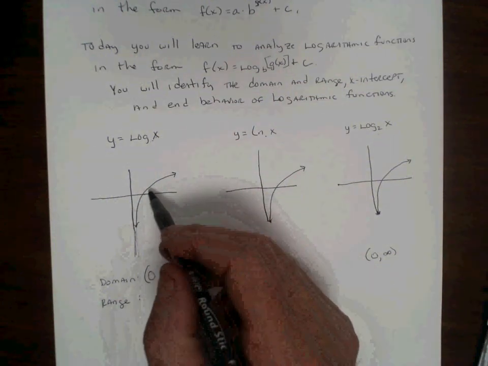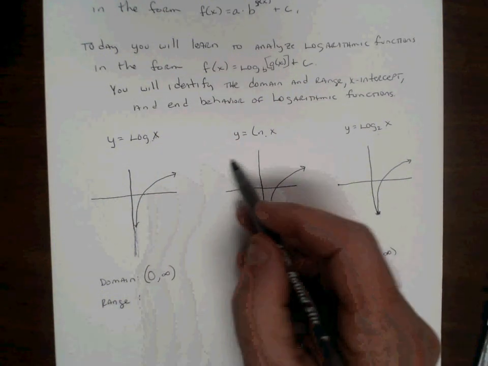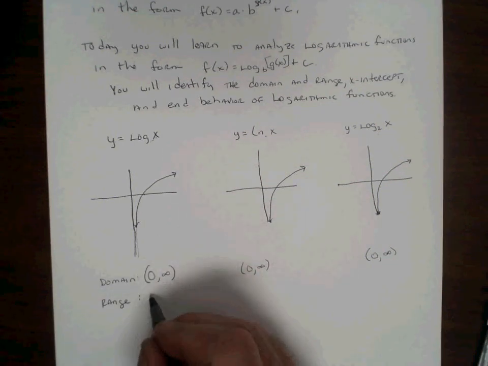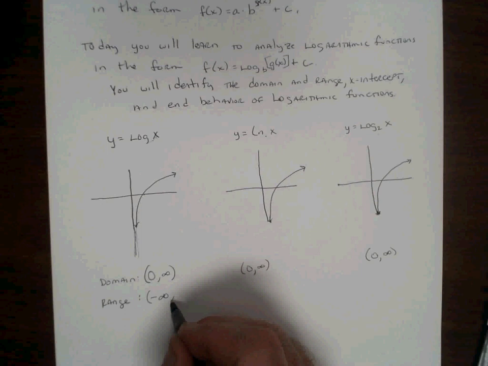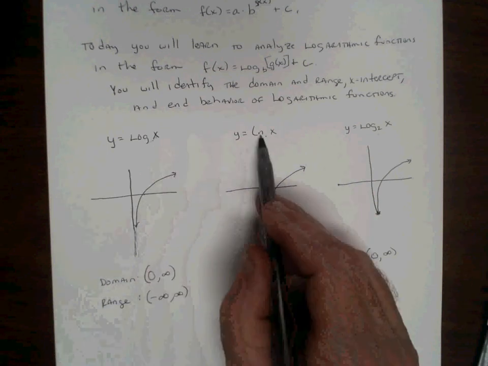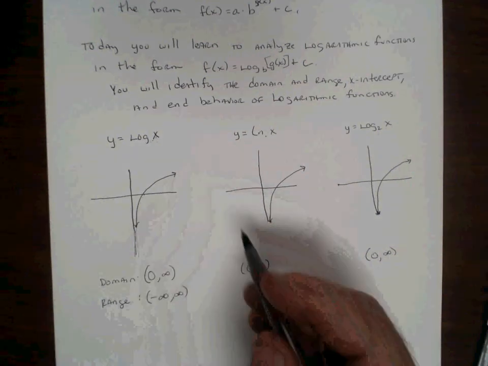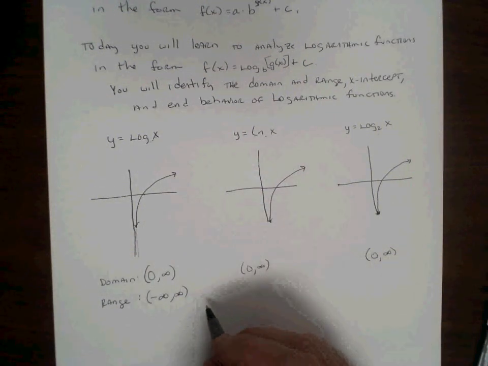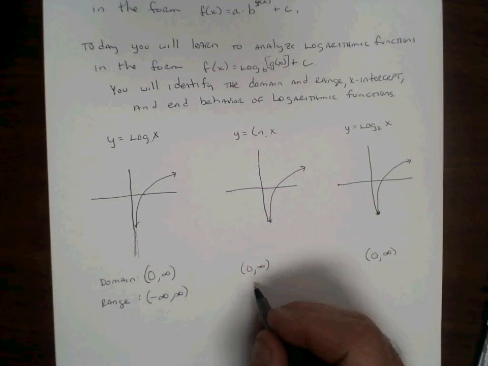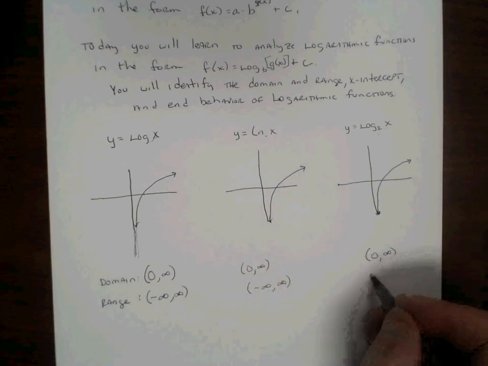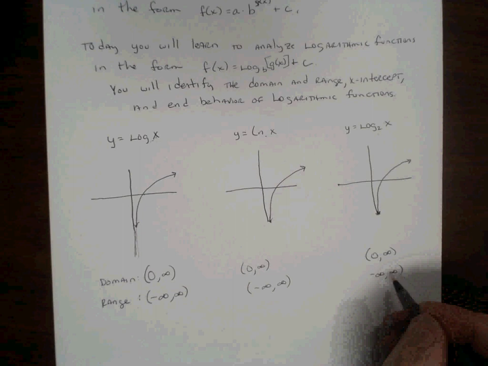So this grows, but it grows slowly as we get larger and larger with the x's. But the range in these functions is always negative infinity to infinity for these simple logarithmic functions that don't have some other function in here that's restricted. The range here in all three of these simple logarithmic functions is negative infinity to